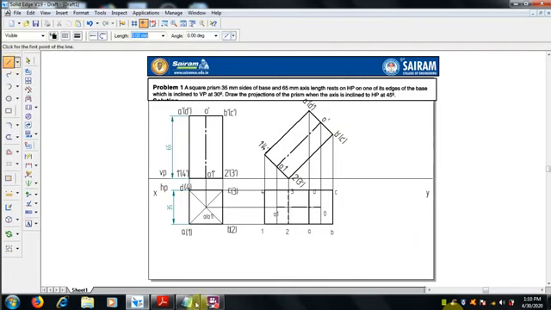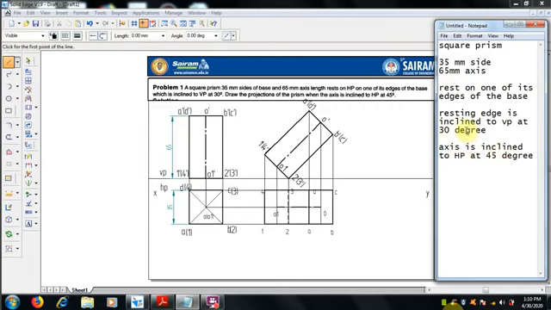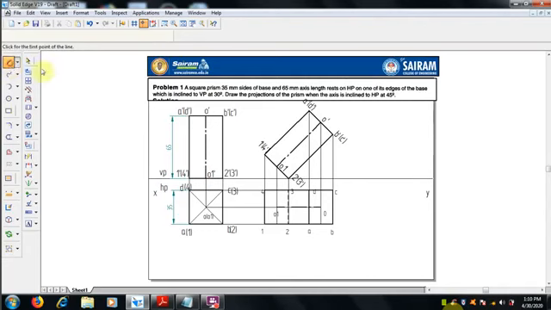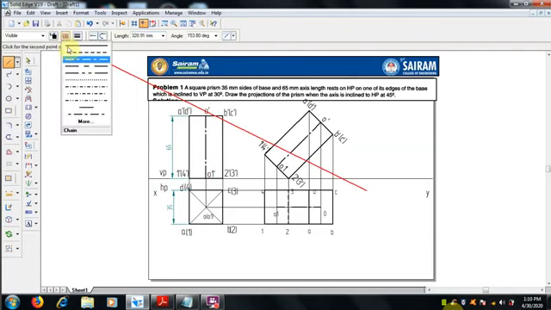Now we have to go for the next, third position, where the resting edge is inclined to VP. When the resting edge is inclined to VP, we can directly take the resting edge, which is 2 3. It is resting at the bottom edge, 2 3 is resting. So first we will draw a 30-degree line to the VP.